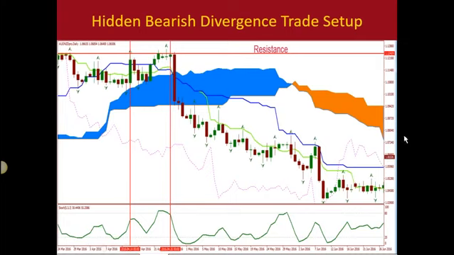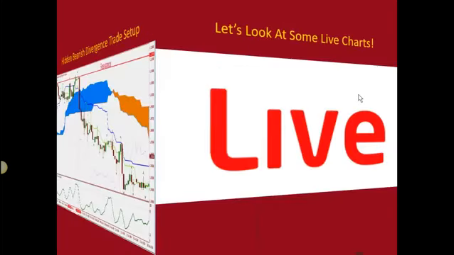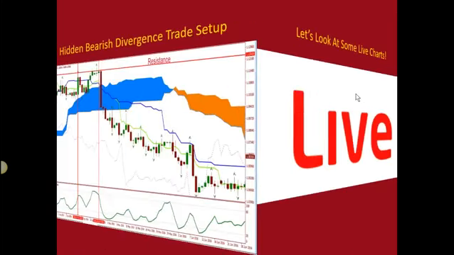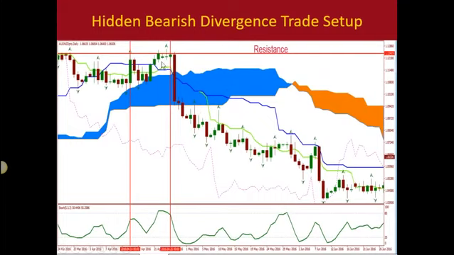Now, you would have to trade this without Ichimoku. You wouldn't have Ichimoku on your chart. I shouldn't have put it on here for you. Let me go back, because that live says we're getting ready to go to the charts. But I shouldn't have put this on here, because I wanted to show you that without Ichimoku we could catch these